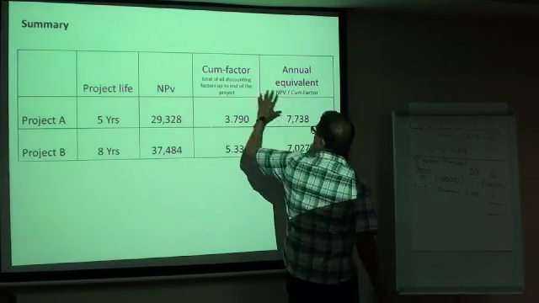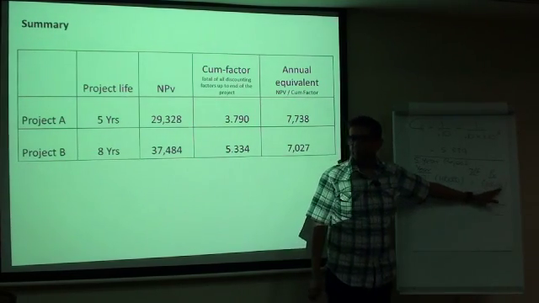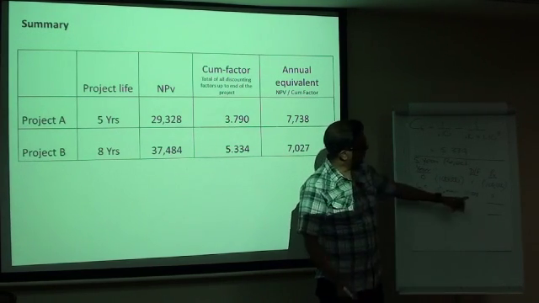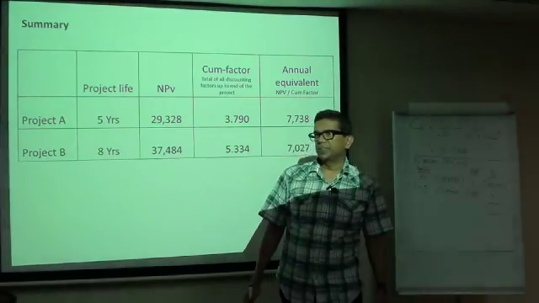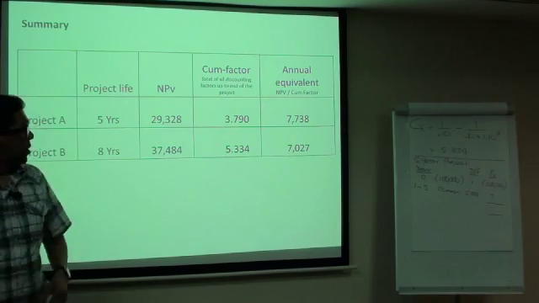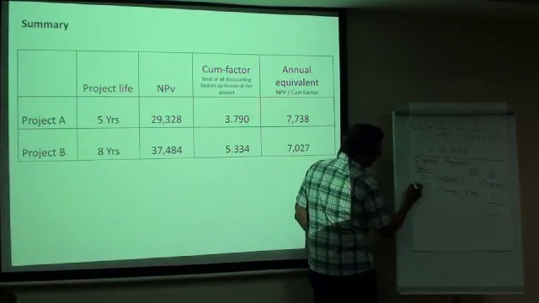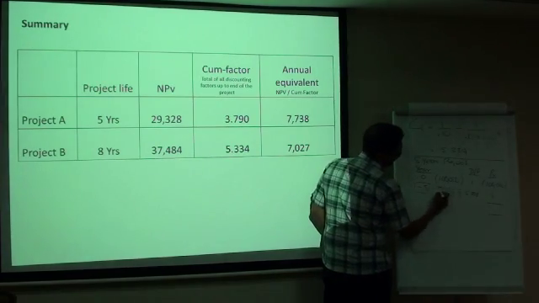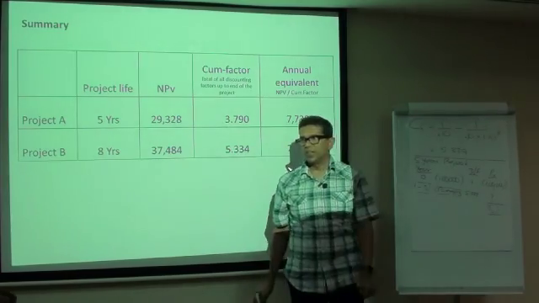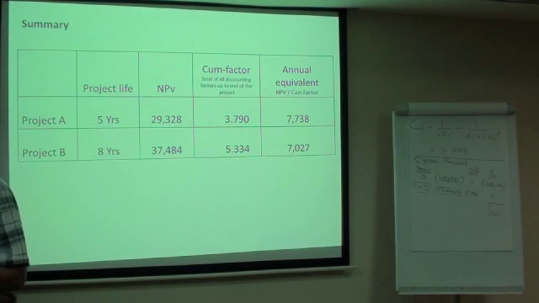See, a varying project, we are trying to bring it to a common platform. So since we are using a common platform, we can use the cumulative factor. We are asking, for years 1 to 5, if we put a common cash flow at this discounting factor, what would be the value? So that's the reason why we put a cumulative factor.